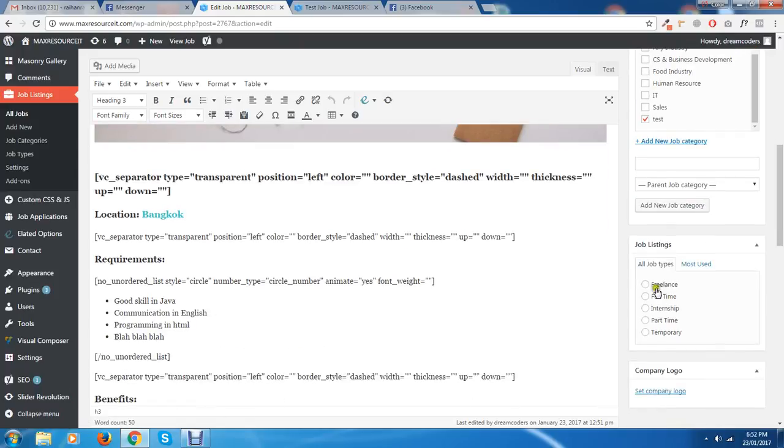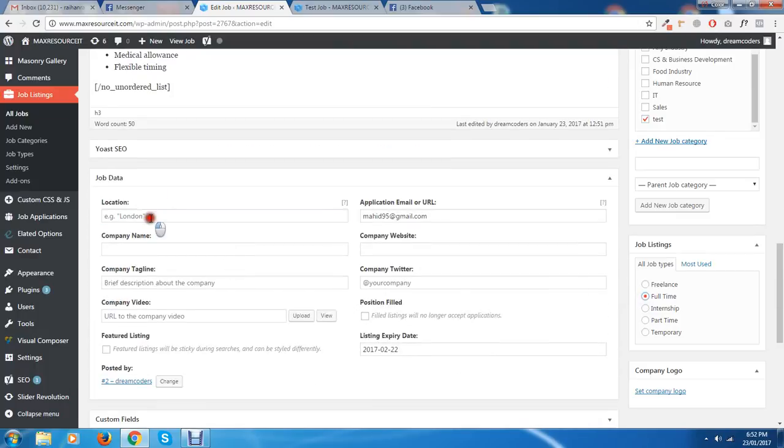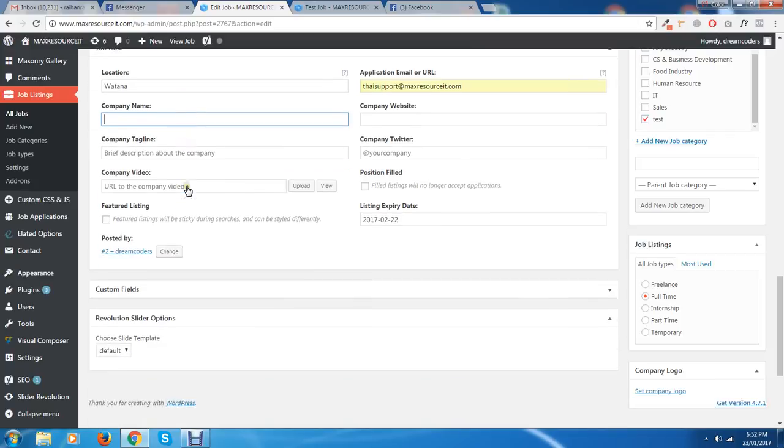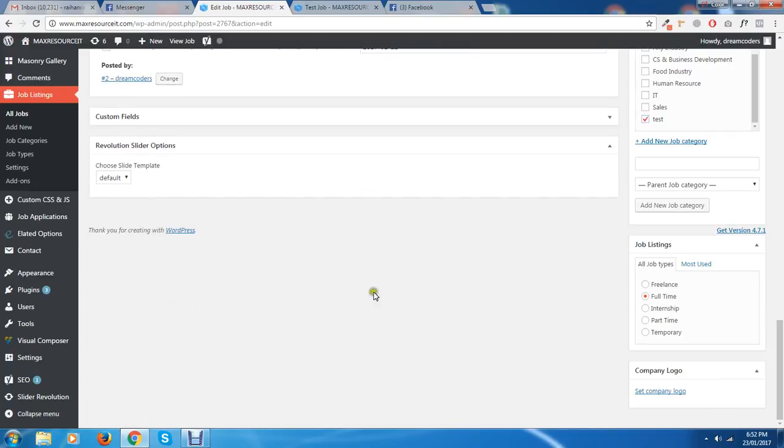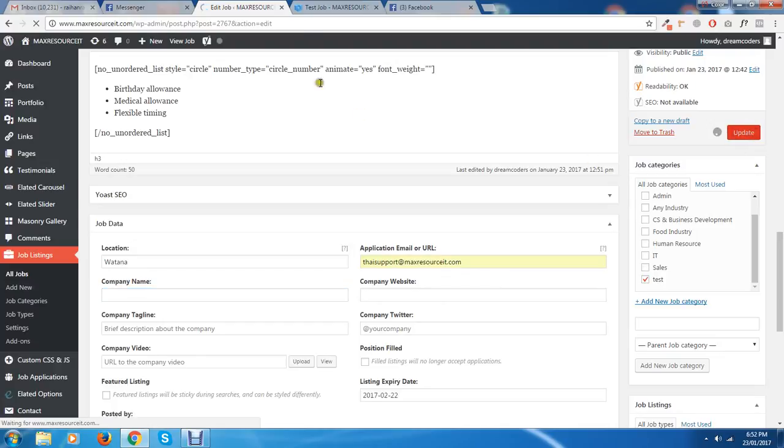Okay, and now you have to choose freelance, full-time, internship, or whatever the job type is. So let me choose full-time, and now you have to choose the location. Watana, is it? Yeah, Watana. And this email address must be the email address from which you want to get the CVs. So for this we have Thai support. And if you want to include the company names, you can just write the company names. But if you don't want to show the company names, just do not show. And now we are completely done. So we click update,